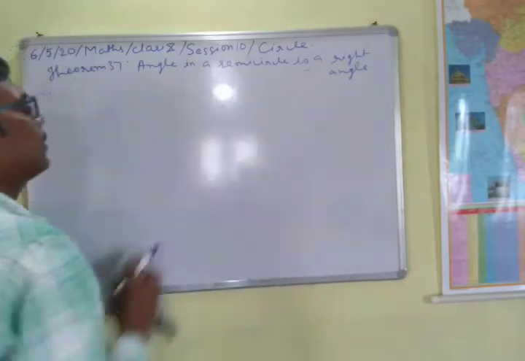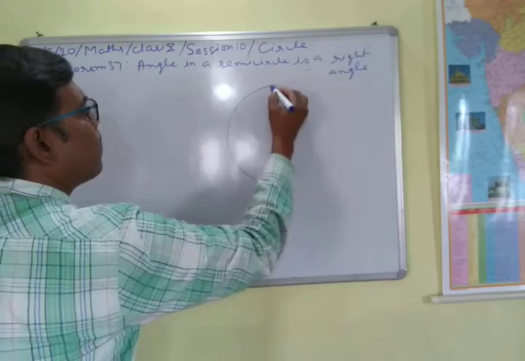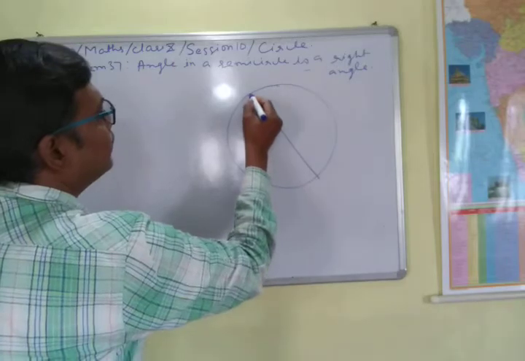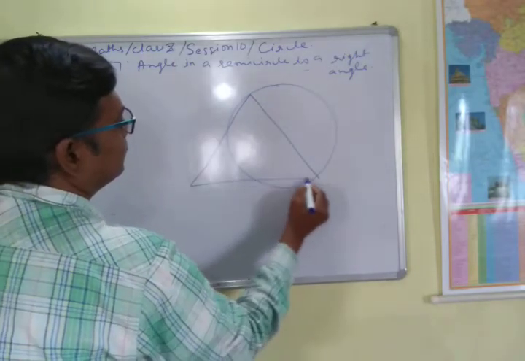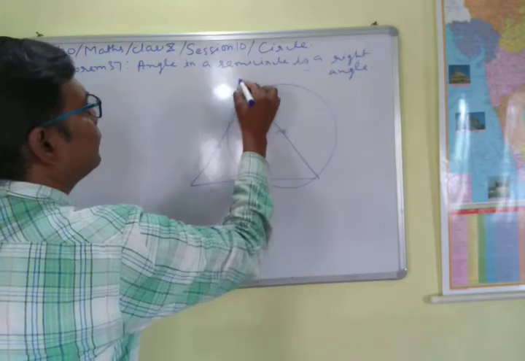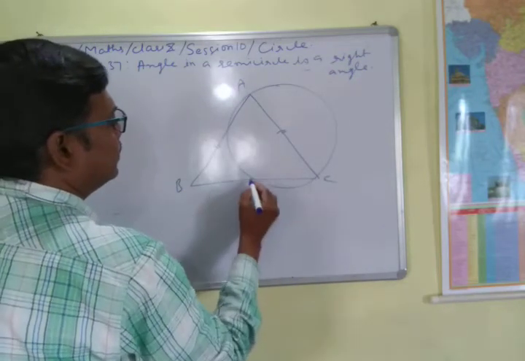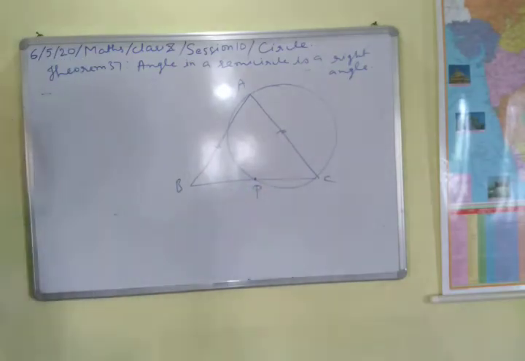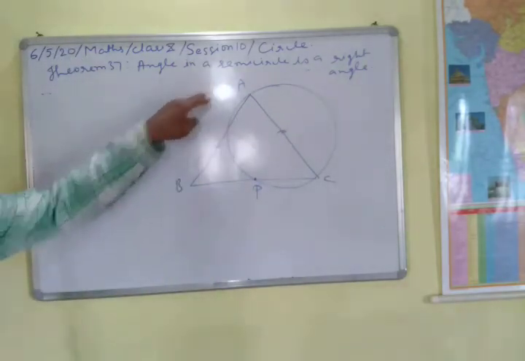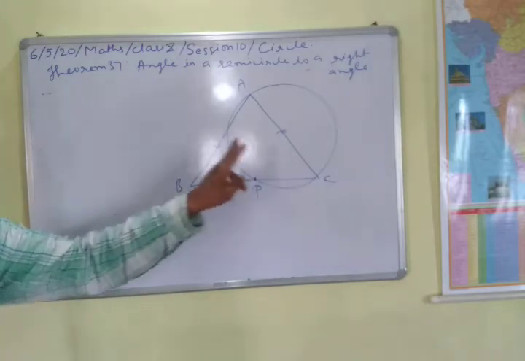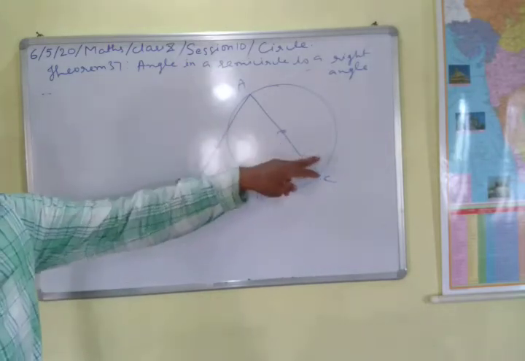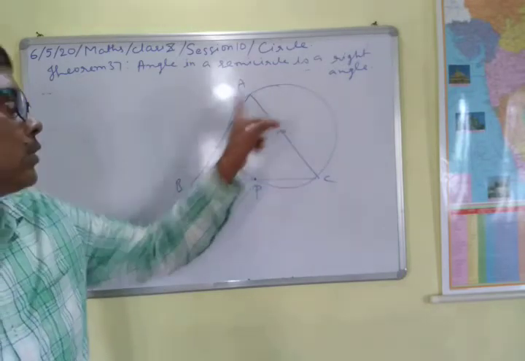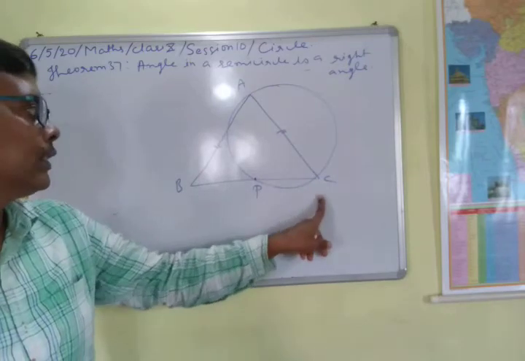I think it is better to first draw a circle and then take any diameter like this and then draw another. Now in this case, this and this are equal, and this circle is cutting this side at a point, suppose this is P. So we are given that triangle ABC is an isosceles triangle having two sides equal, and a circle is drawn by taking any equal side as the diameter, and this circle is cutting the non-equal side at point P, suppose,